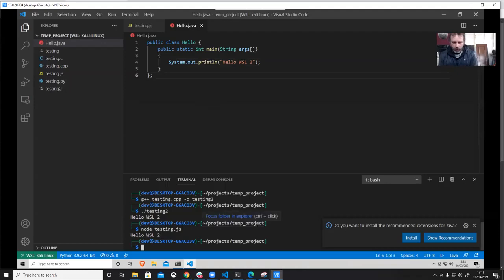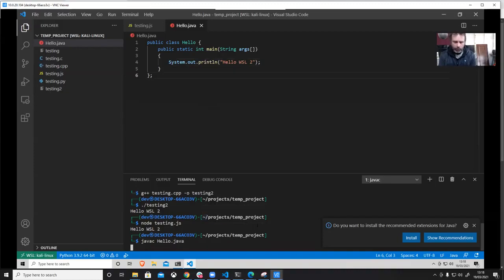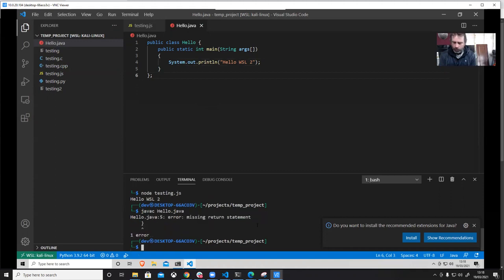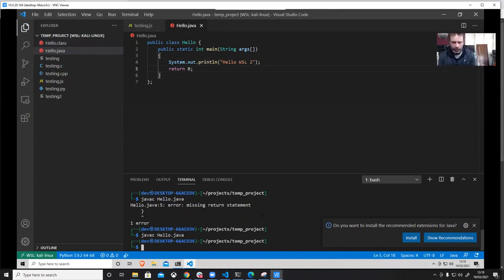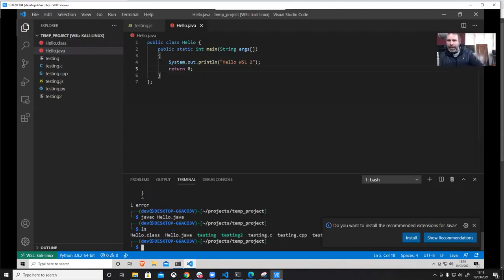So let's take a look. Let's do javac Hello.java. One error. Missing return statement. Okay, I'll have to do a return then. Oh, I've told it that it's going to return an int, didn't I? Main int. Return 0 to say exit success. There we go. So now VLS will have a Hello.class. Now classes are run on the Java virtual machine. So if we just do java Hello,